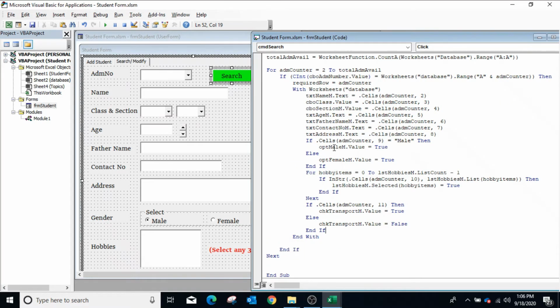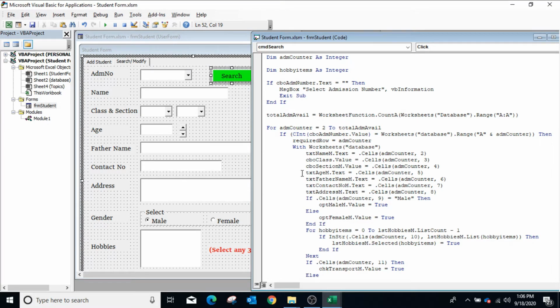Here, when the user clicks the search button, the macro will search the admission number in column A of the database sheet, and if found, it will show the corresponding value from the same row in the other controls.